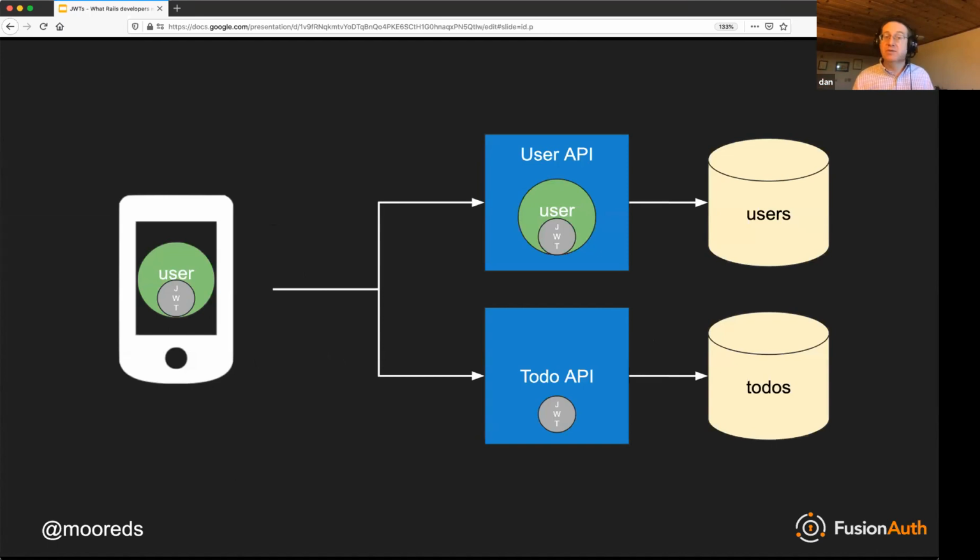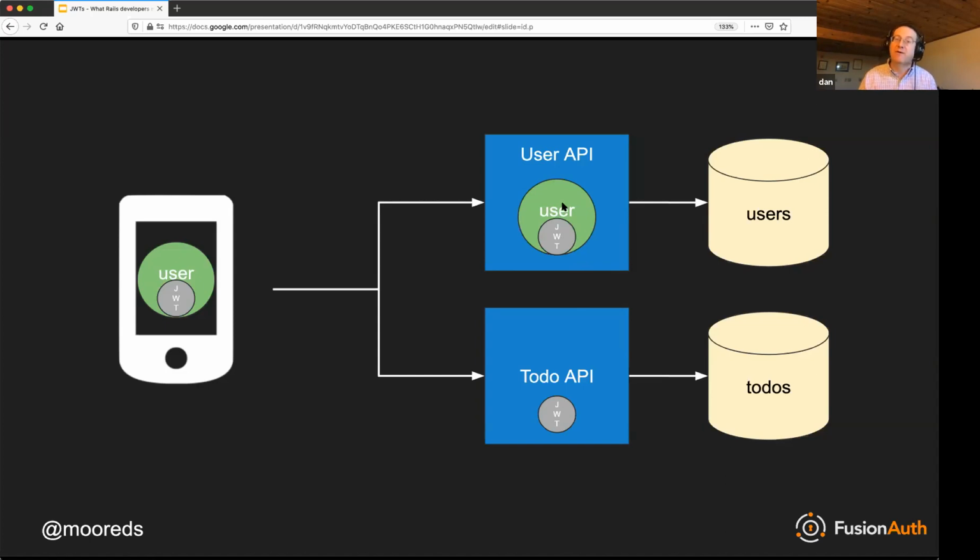So JWTs come to the rescue here. What happens is the user API, instead of creating a token, creates and signs a JSON Web Token and passes that to the client. The client then passes that to the ToDo API, and the ToDo API can now validate two things. One, it can validate that the user API actually created this JWT, because it's been signed by the user API.